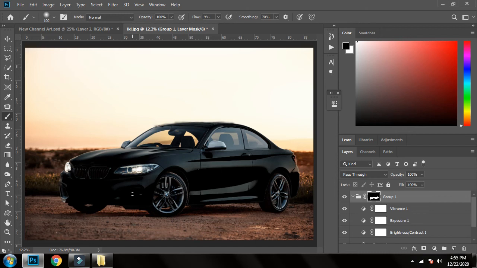I have added brightness and contrast, vibrance, and some hue and saturation.